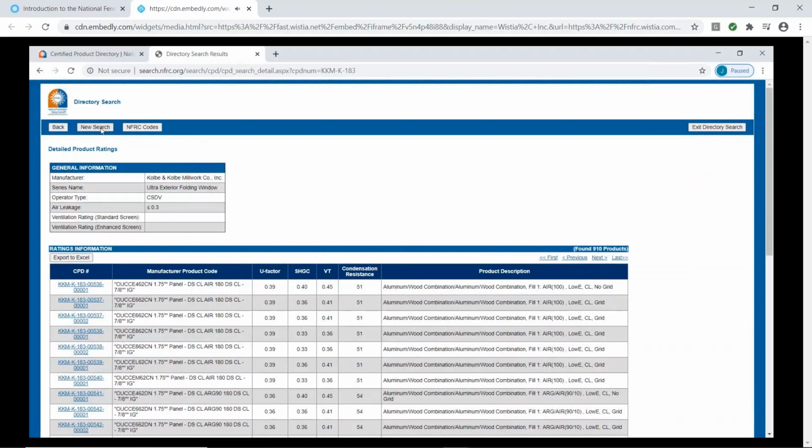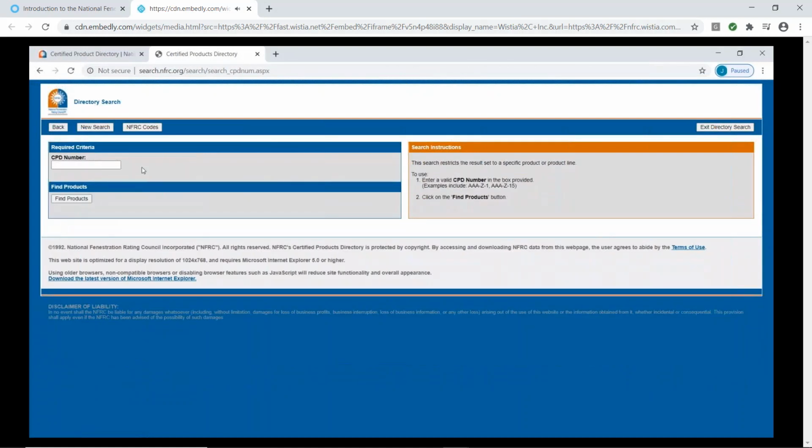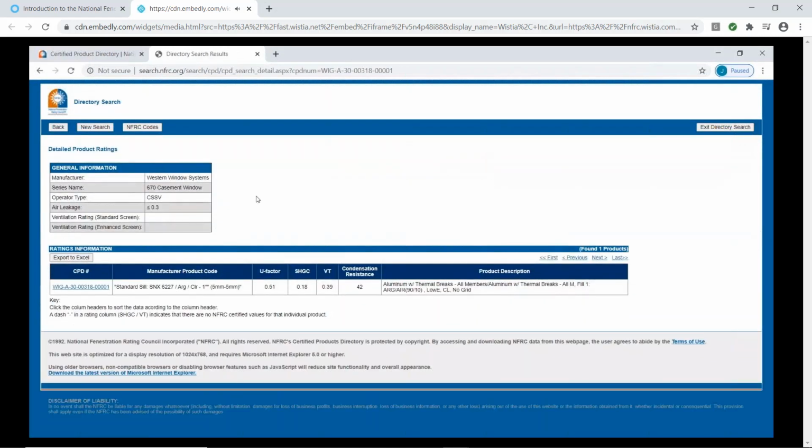So finally, we're going to do a new search. So I'm going to click to go back to the home page. And now we're going to search by a certified products directory number. For this search, you do need the full CPD number that's on the temporary label of a product. So it's under alternate search methods, and you're going to search by CPD number. So for this method, you only need that. And once you have that for your search, all you do is click Find Products, and it will bring up